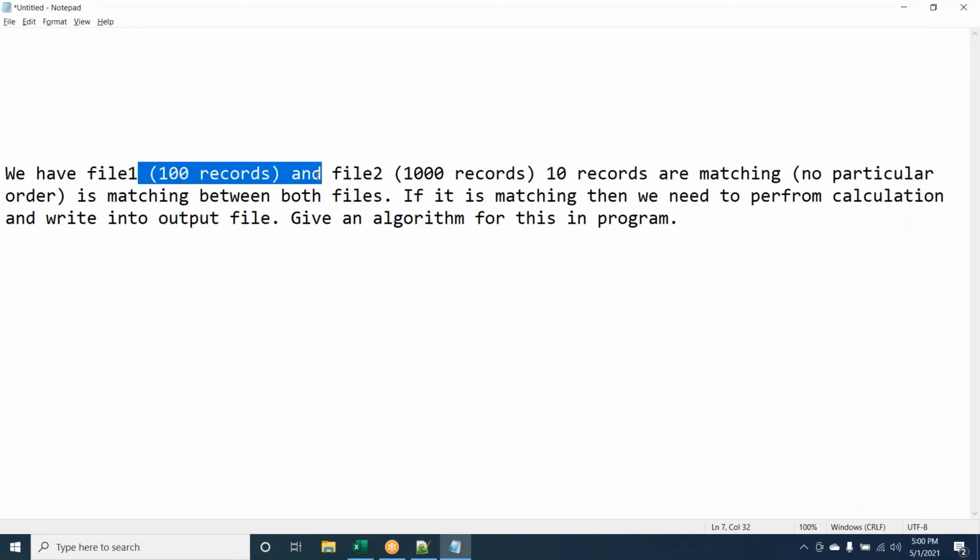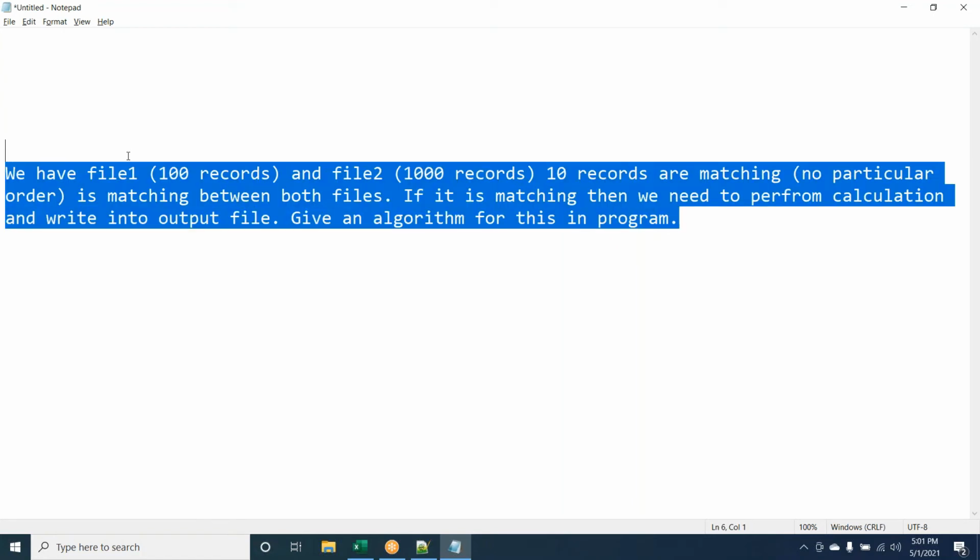If it is not matching, and file one account number is less than file two account number, we need to read file one again. So it will be read until the account number is available in file two. If it is not there, we need to write another condition that increases the counter and reads the next record in file two. This way, we can loop till the end of both files, and we can exit the logic.